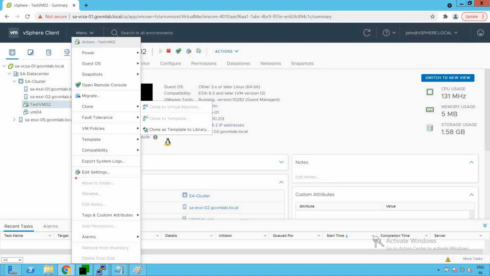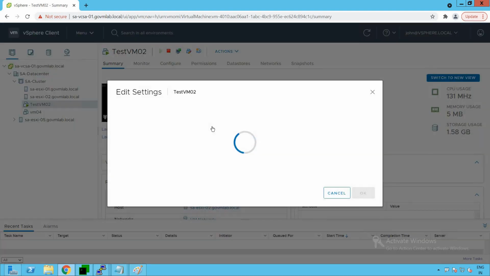Can he rename that virtual machine? He cannot rename that virtual machine. Can this user remove the virtual machine from inventory? Can this user delete the virtual machine? It cannot do that. It does not have that access. But what about snapshot? Can he create a snapshot? Yes, he can take a snapshot, he can manage the snapshot, and he can do everything around the snapshot. What about templates? It does not have template accessibility.